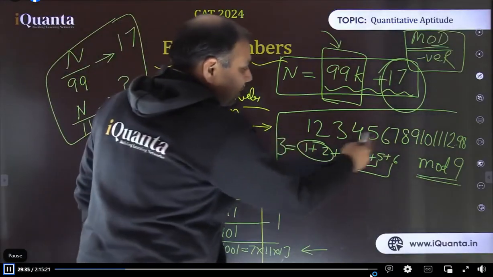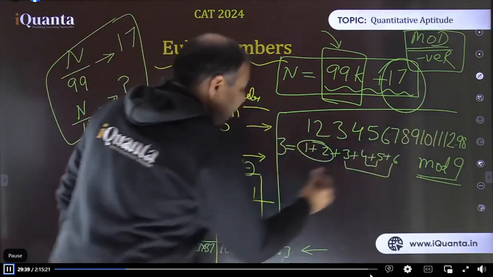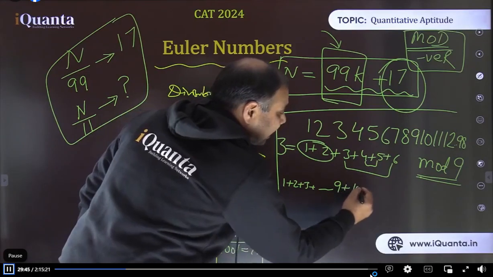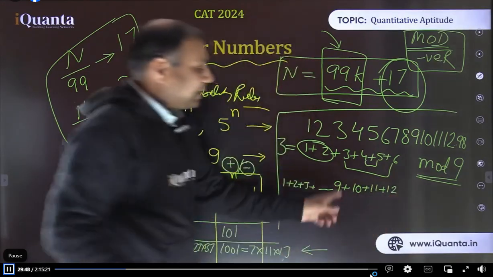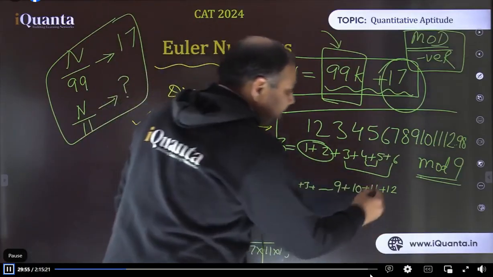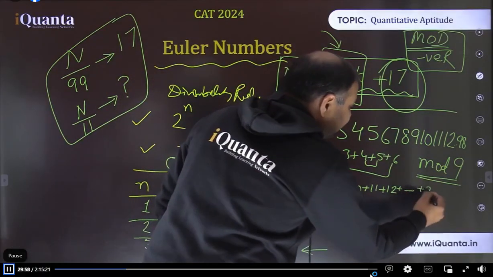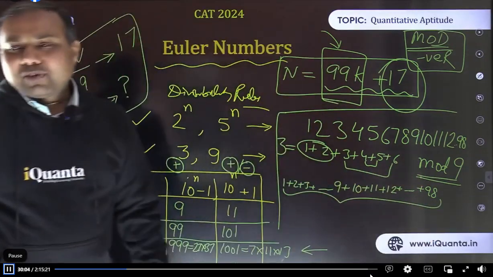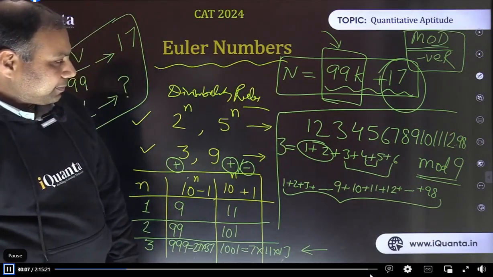So basically, when it was till 6 only, we added single digits. But when I'm extending it, so basically 1 plus 2 plus 3 up to 9, after that we can directly say 10 plus 11 plus 12. Now it is not necessary to make it 1 plus 0, 1 plus 1, 1 plus 2. That can be done, but that will take a long time. So it's better 10 plus 11 plus 12 and so on up to 98. So we just need to find what will be the remainder when this large sum is divided by 9, right?